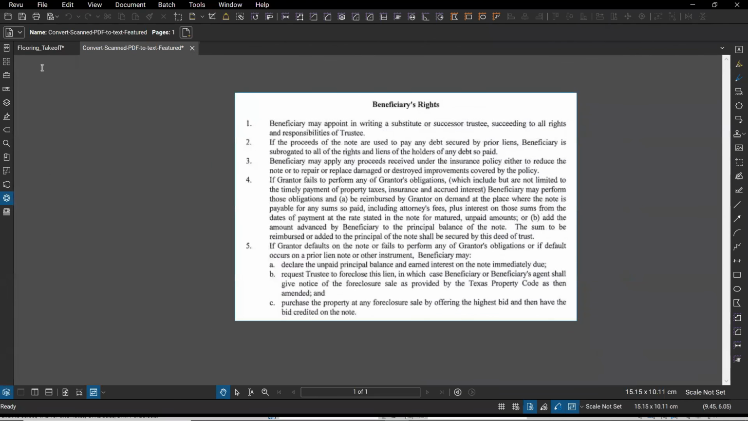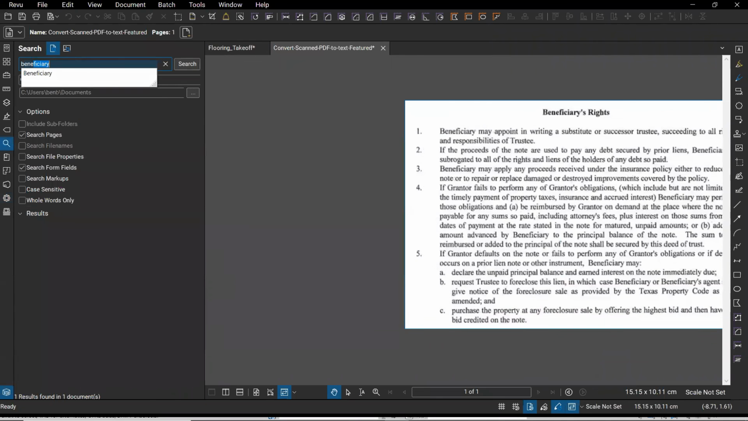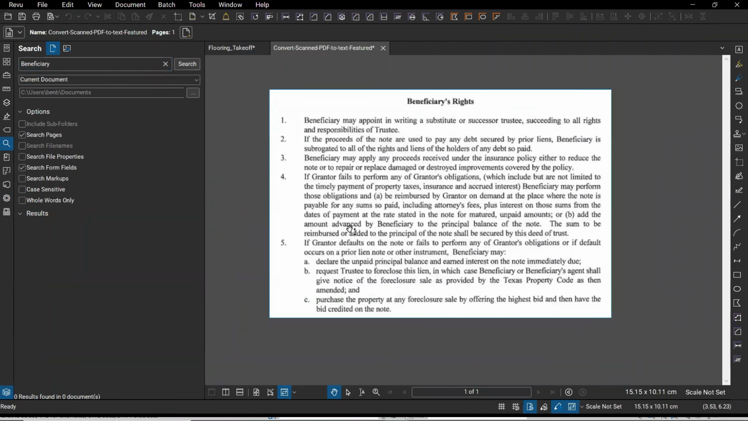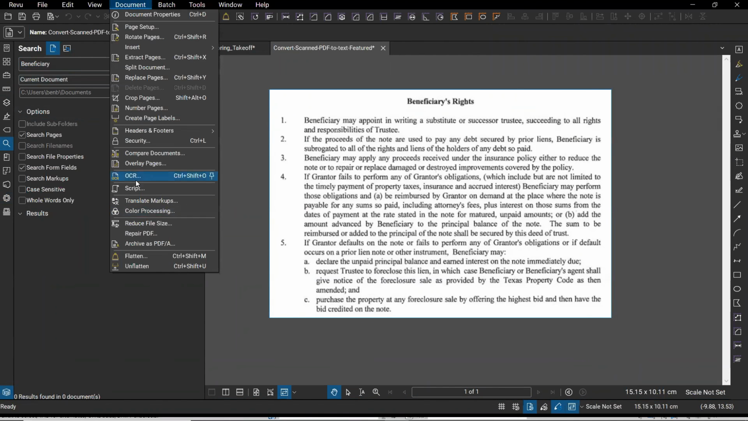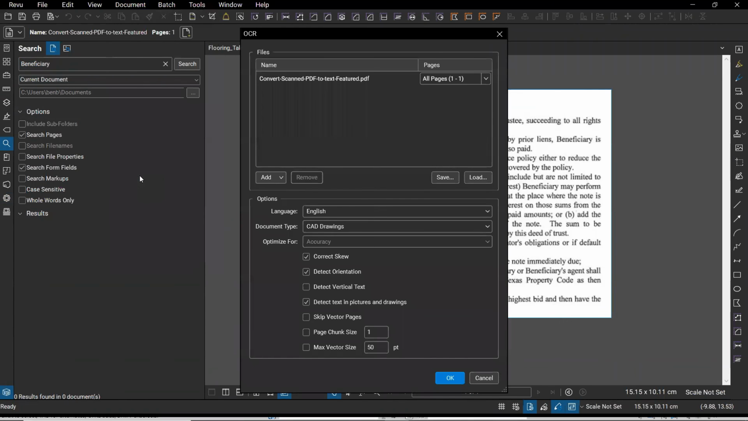If I did a text search, for instance, if I search for beneficiary, I'm making sure I can spell it right. And if I did a search for that, because this isn't like it's just a scanned document, it's just pixelized, you can see that it actually found 0. Now what I can do, and again, this is an eXtreme feature, I can come down and run that OCR,